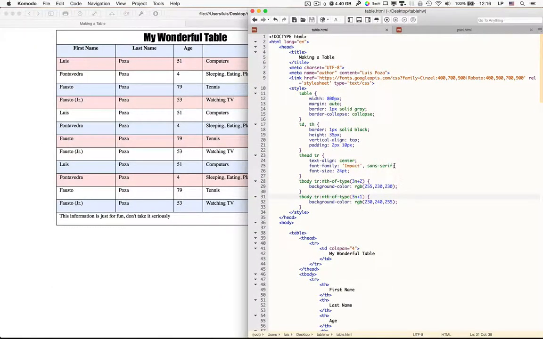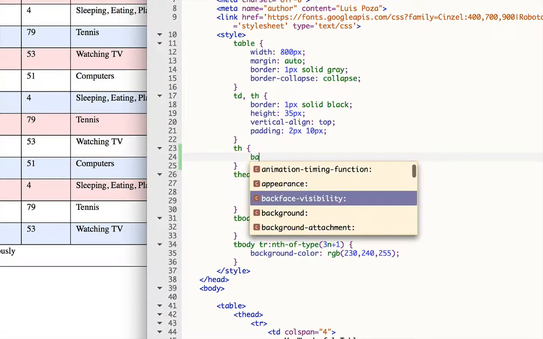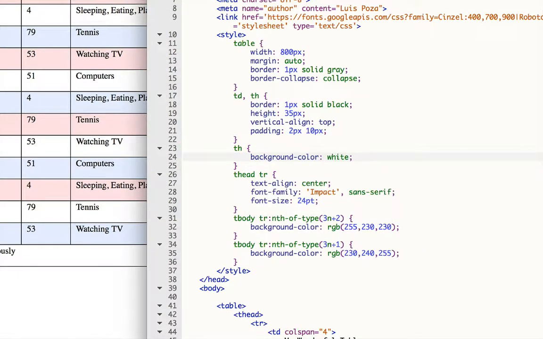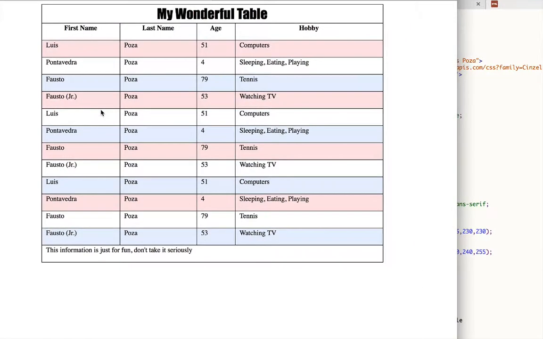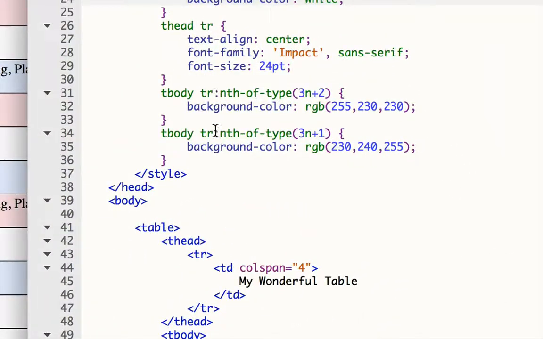How do I get rid of that blue if I want to get rid of it? Well, it's very simple. All I have to do is go into my TH. I can make a rule for TH, and I can say background-color and make it white. And that will override the T body. And now I have red, white, blue, just like that. I can then take these ones that I made before. I can, let's say, for example, I want that blue one